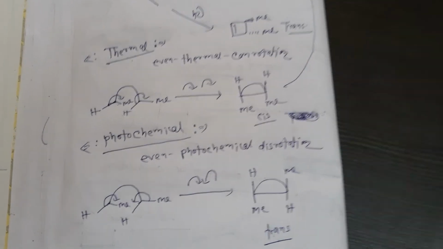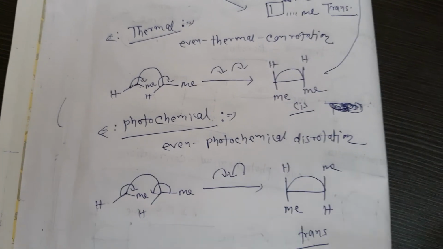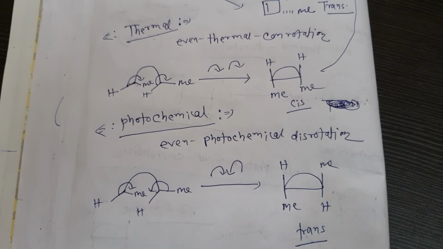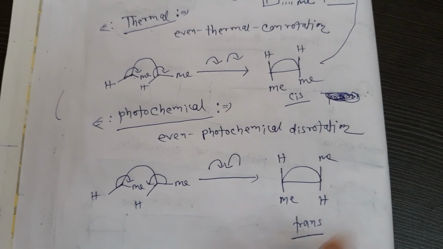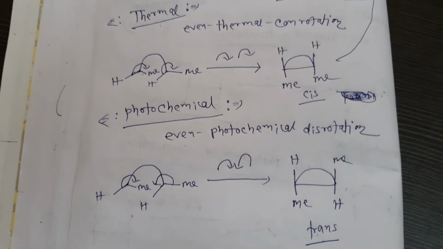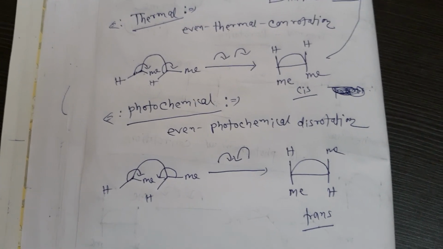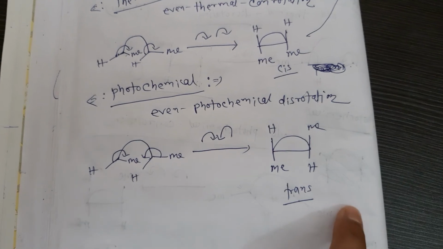So first watch the lecture, understand, and try yourself to solve many electrocyclic problems. If you have any problem drawing the product stereochemistry, then let me know. I will give you some more examples of electrocyclic reactions which are difficult, not so straightforward. Okay, so this is the end of the electrocyclic pericyclic reactions. In the next lecture I will cover cycloaddition reactions, which are very important reactions.